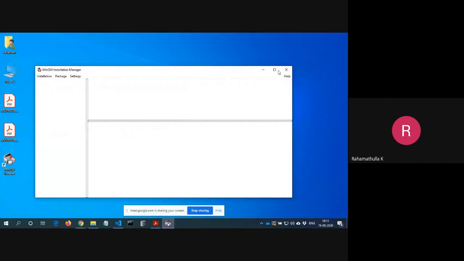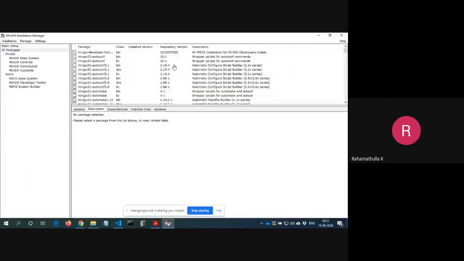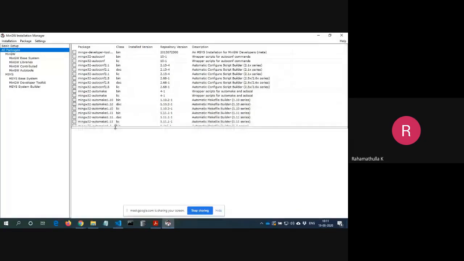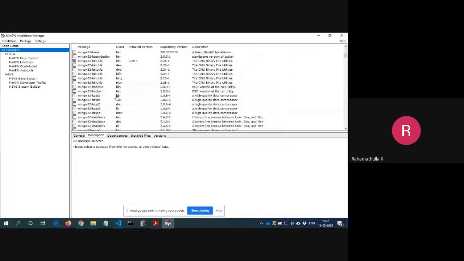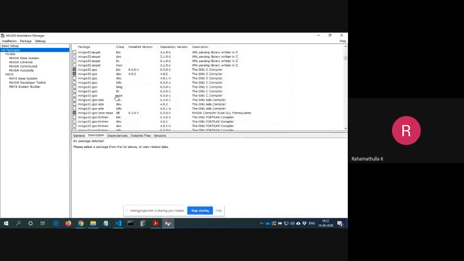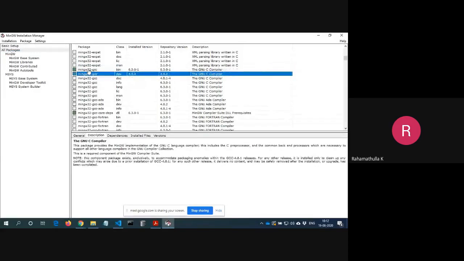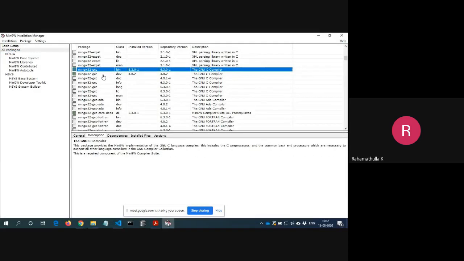Once you install it, you will see a Minimalist GNU for Windows package like this. From here, you go for all packages, select all packages, and search for MinGW GCC. These two, MinGW GCC. By default, this will not be installed. You select this, and here you give apply changes, then it will be installed.